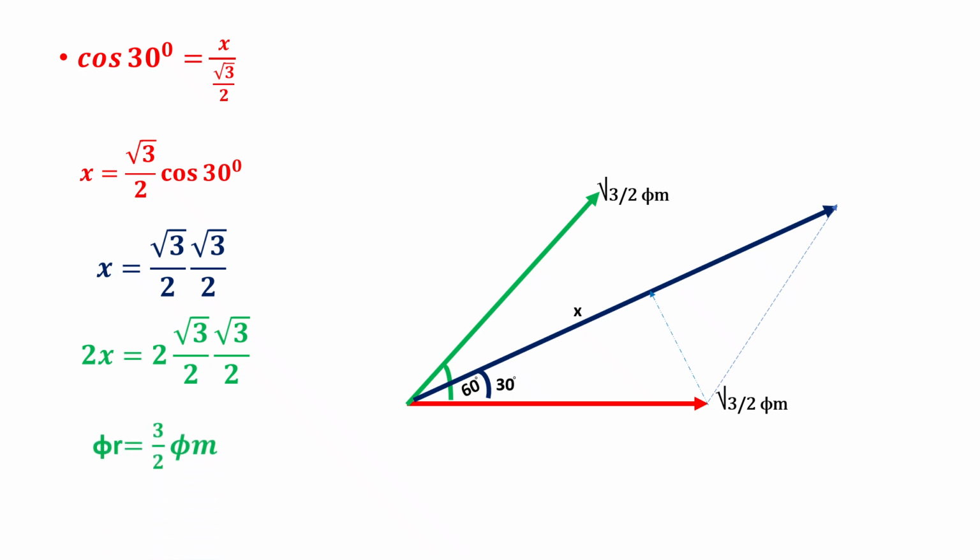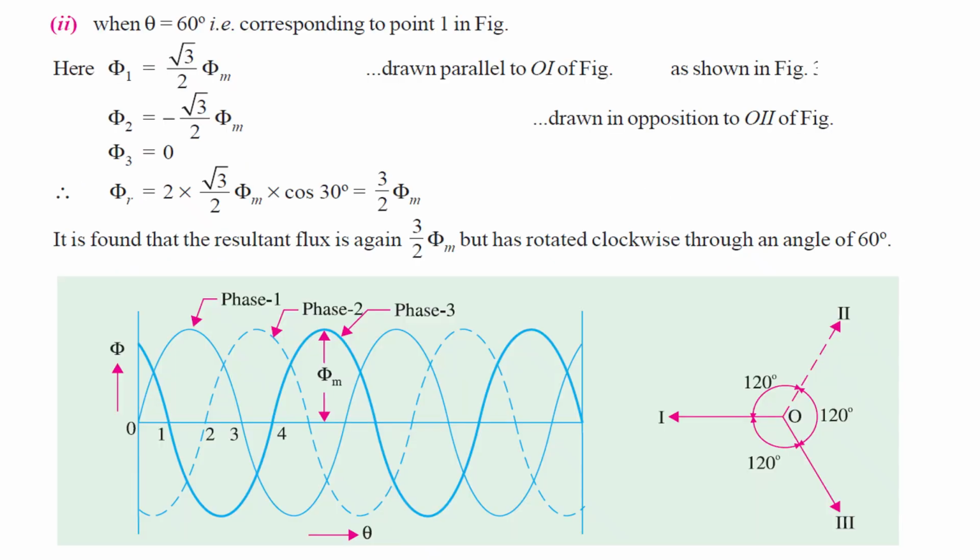That will become 3 by 2 phi m, that is nothing but 1.5 phi m, as stated earlier. That's why the maximum flux will be produced in the air gap when compared to the single-phase flux. So from this case, for the first case,